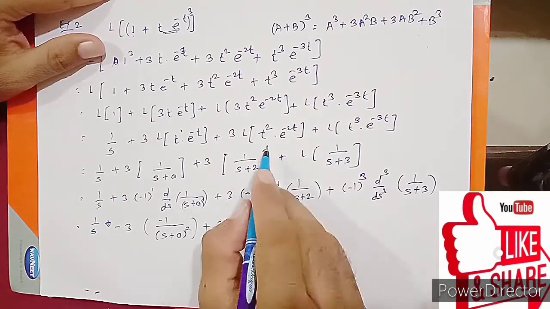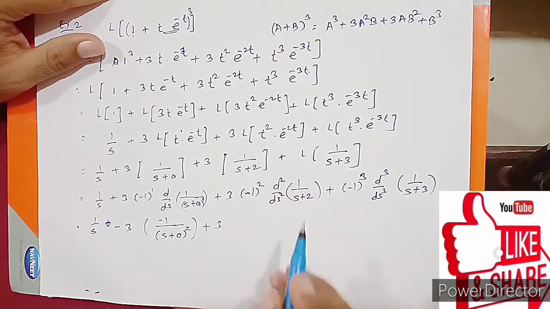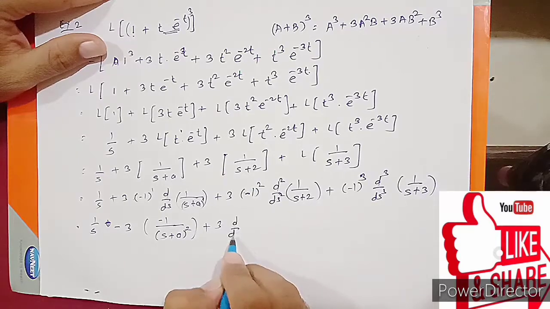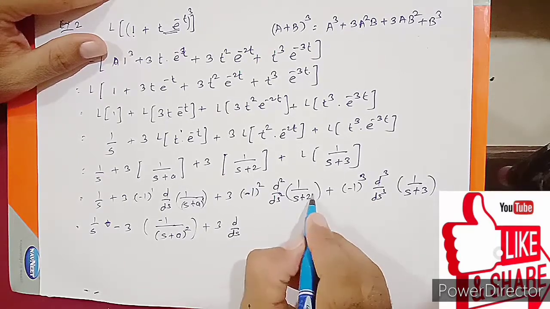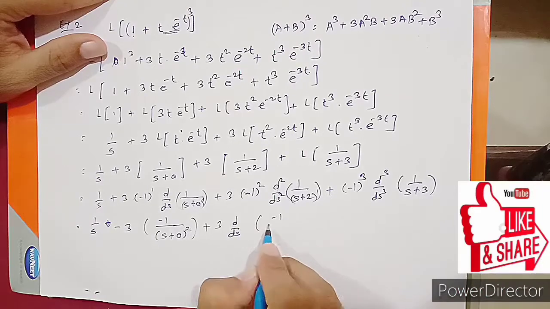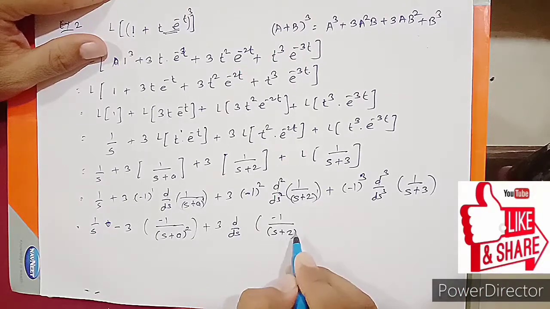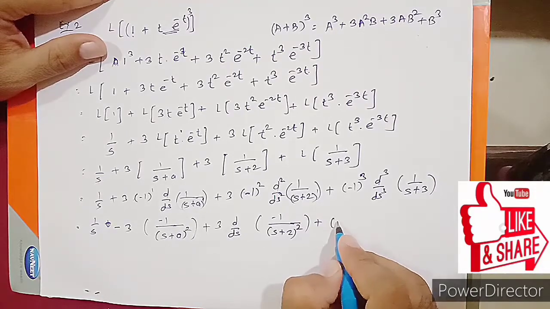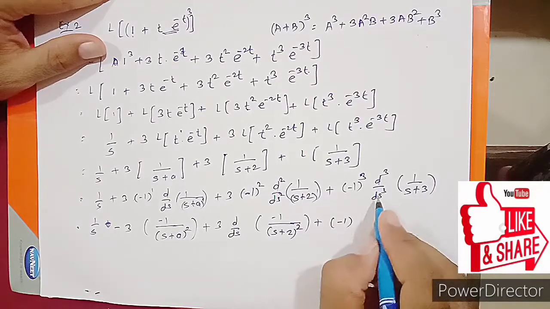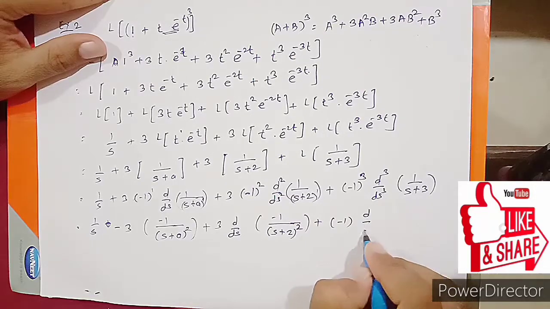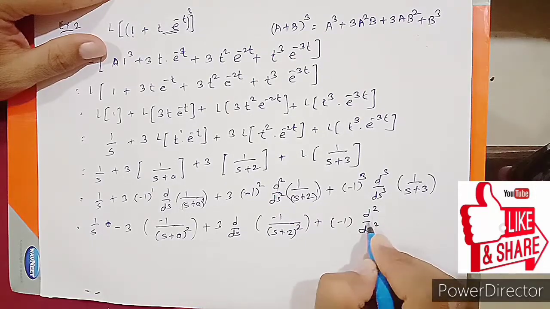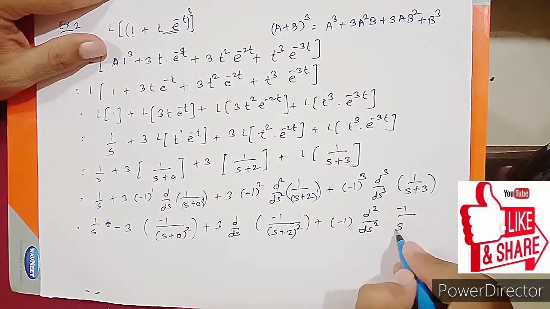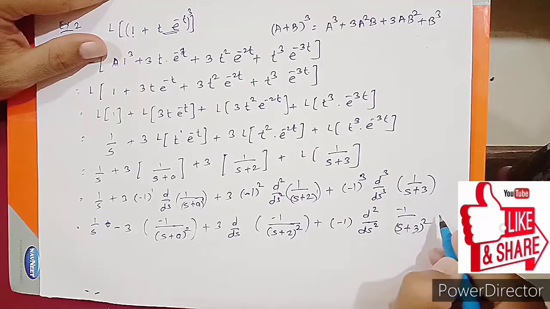Okay guys, n is 2 here now, so we are taking 2 derivatives, right? So we are taking one derivative outside, we are applying only a single derivative. So what is the power here? Again power is 1, so minus 1 divided by (s plus 2) whole square. One derivative is remaining here. Again minus 1 raised to 3 is minus 1, right? Here 3 derivatives are there, so we are putting 2 derivatives as it is. We are applying only a single derivative, that is minus 1 over (s plus 3) whole square.